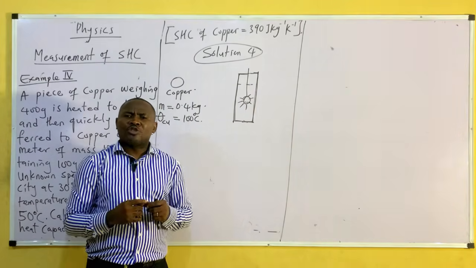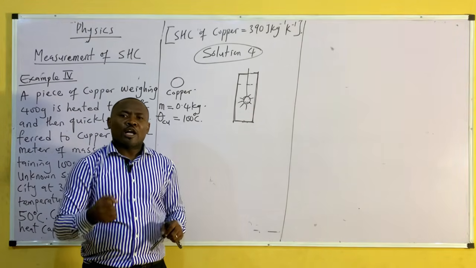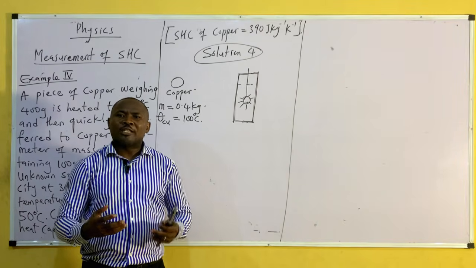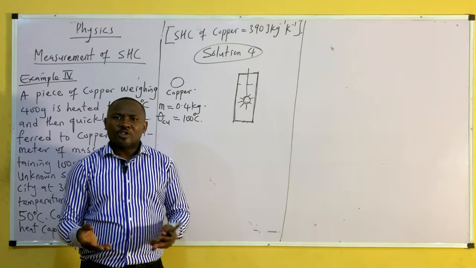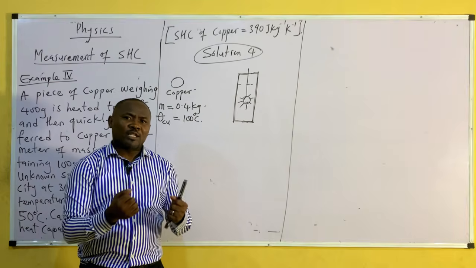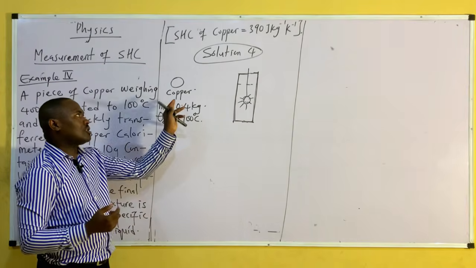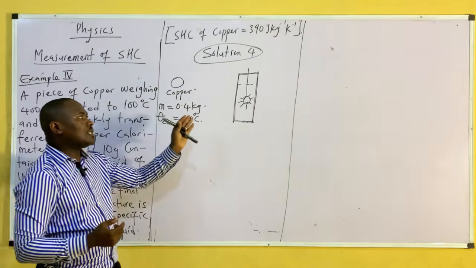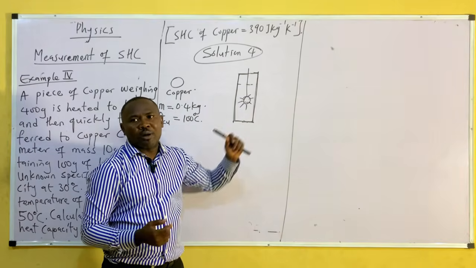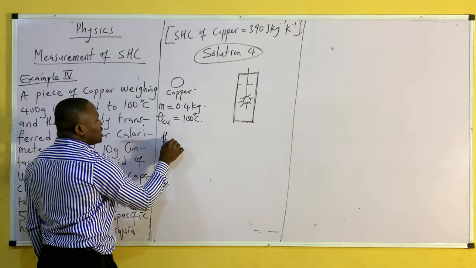Just imagine you have a kettle and you have water inside the kettle and you put it on the fire. When the water starts boiling, the kettle also will be hot, just as the water is hot. So the water and the kettle gain heat. So it means that heat is lost by the copper, but heat is gained by the liquid inside and by the copper calorimeter. So now, if I want to solve this, I'll say